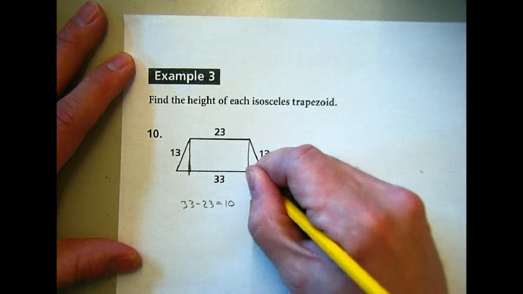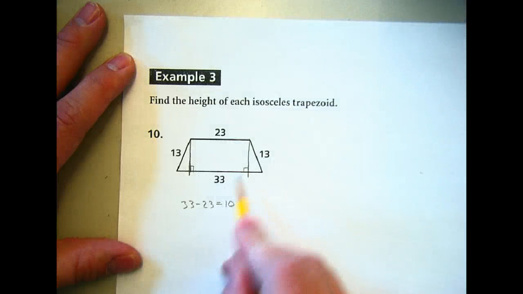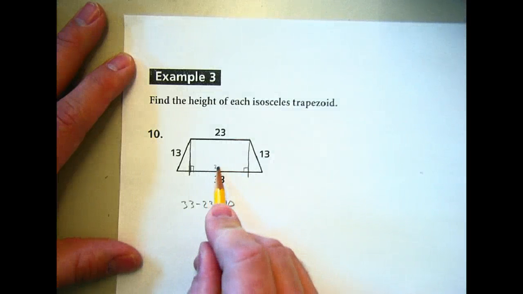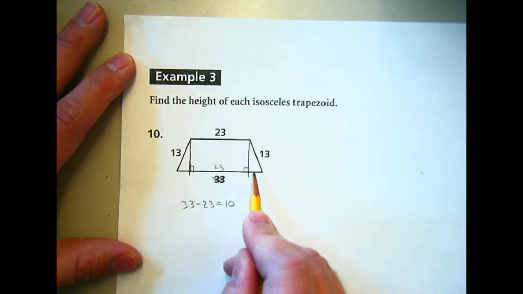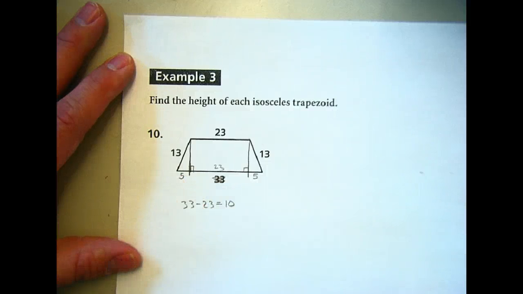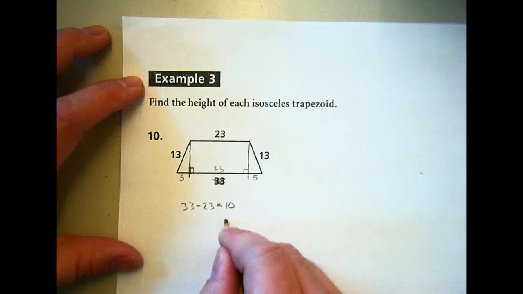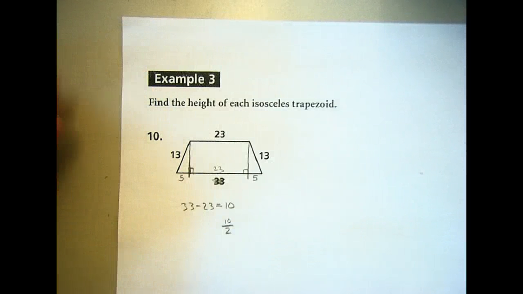And that 10 splits up, so that'd be 5 and 5. Andrew, is that where you're going? Very well done. So 10 divided by 2. Now what? Did 13 squared minus